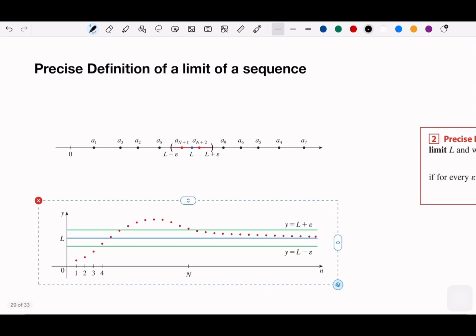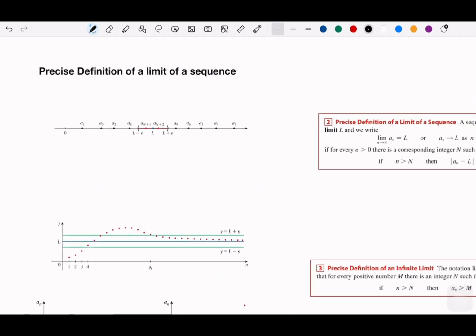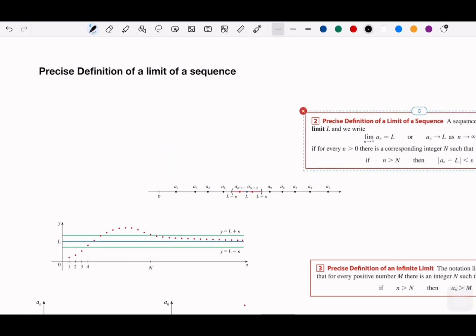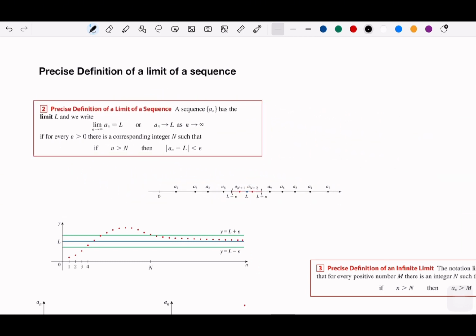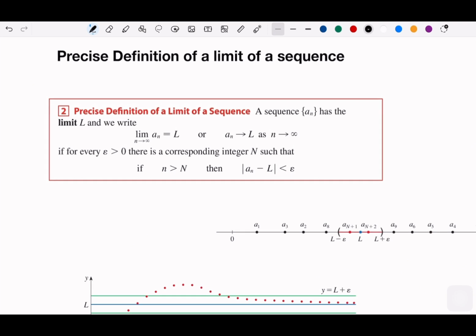Let's see what the precise definition is telling you. First, this is our definition from our previous intuitive definition. But in the precise definition, what we want to do is introduce some small value, which we call the